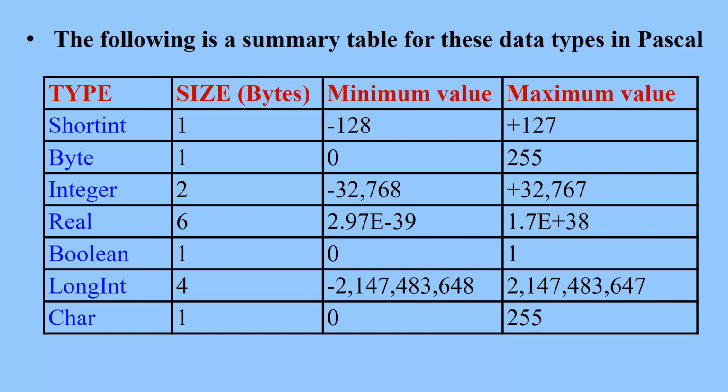Now, if you have to use numbers with decimal points, real is of size 6 bytes. So it can accommodate a minimum number of negative 2.97 raised to power negative 39. In other words, it can accommodate values